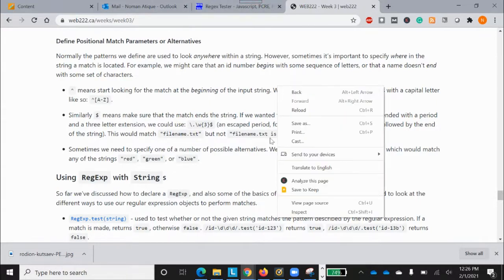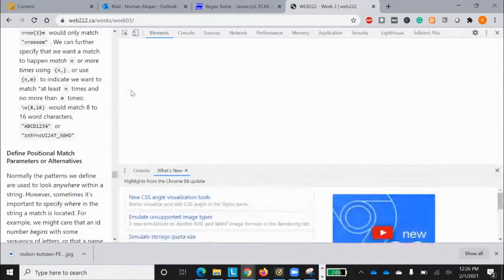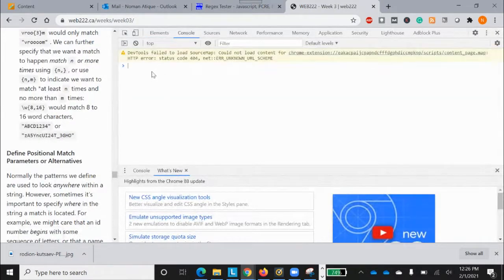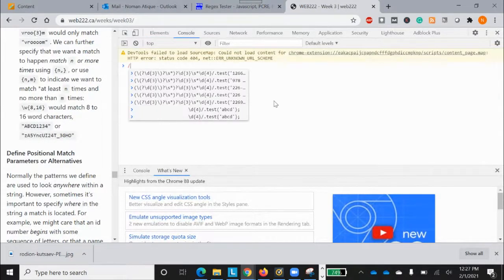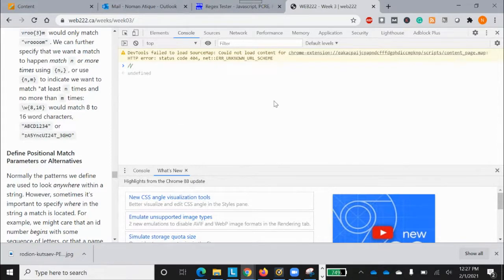So now let's check a few interesting things in the console. First of all, let's check a few things in the console. For example, I write a regular expression here. We can check regular expressions over here. If I say small d, curly braces 4, I've just given you that one. There is a method called test, and there are different methods that we can use. So if I say digit 4, what should come inside that? 1 2 3 4, or maybe any 4 digits, 4 5 6 7, whatever, 3 2. And if I check that,